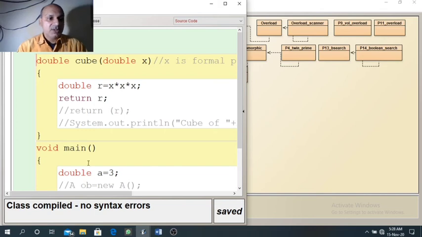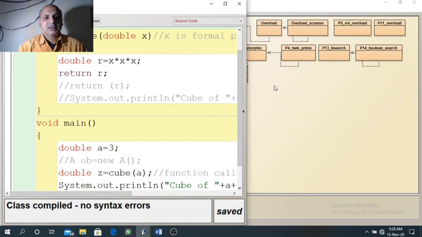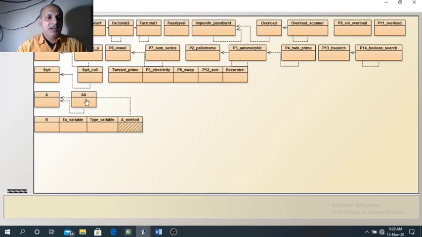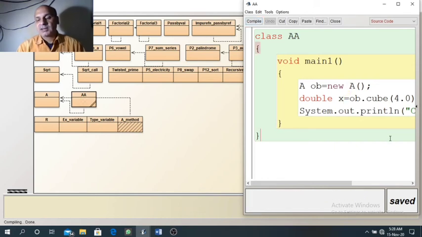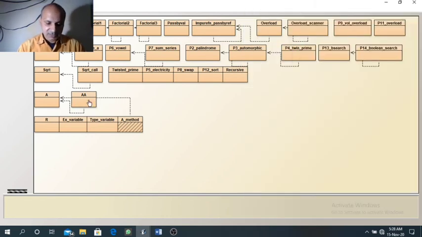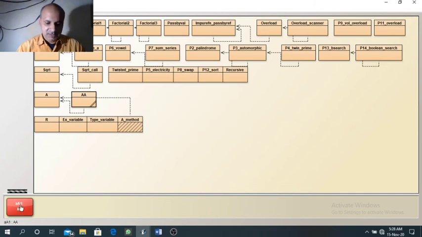So cube can be used in the same class in main, and the same cube can be used outside the class in another method also. Now if we run the same method again from another class, we should get the same result.